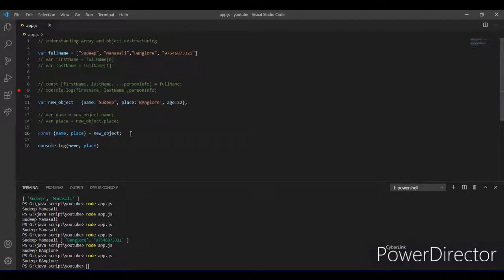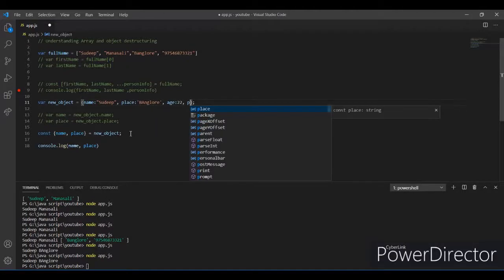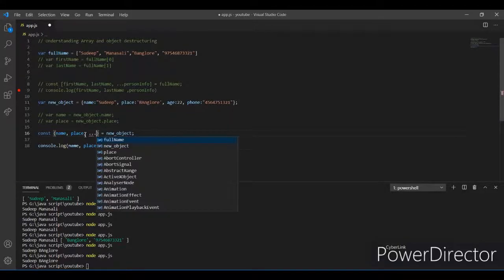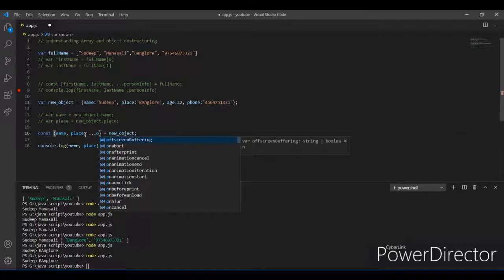We can also use the spread operator here to get the other pieces of information that are present in the object, that is his age and phone number. Before saving it, here you just use the spread operator and other info.